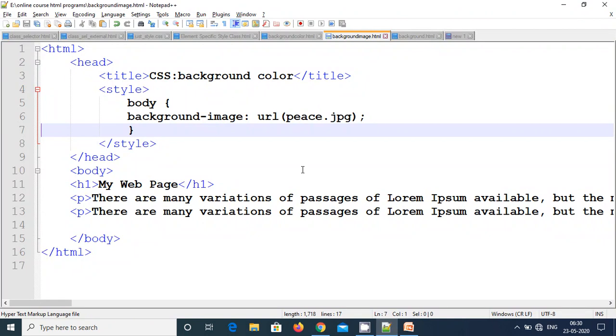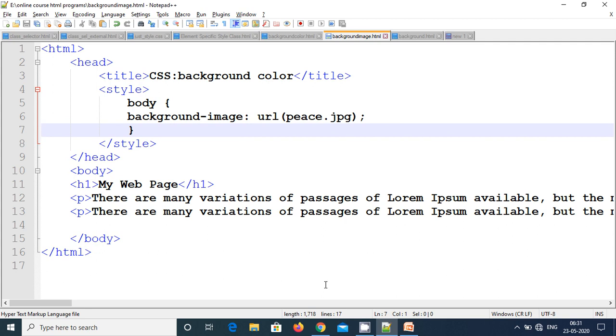Why is it happening? Because I told it to cover the body with the background image. Let's see the code once again. I told here that for the body tag the background image must be piece.jpg. Now we know that when we specify the background image, it repeats by default the image horizontally and vertically so that it covers the entire element.